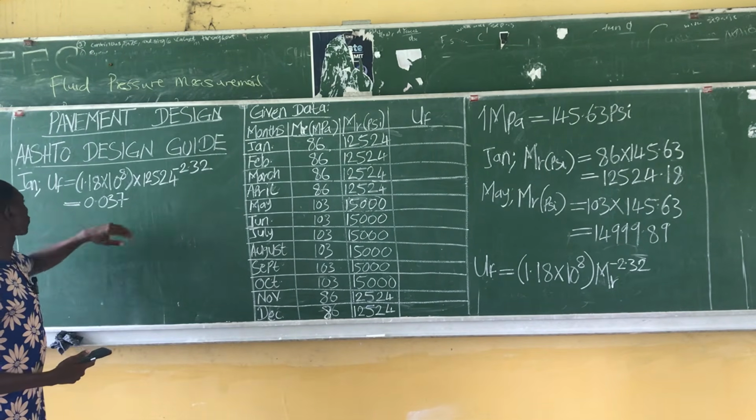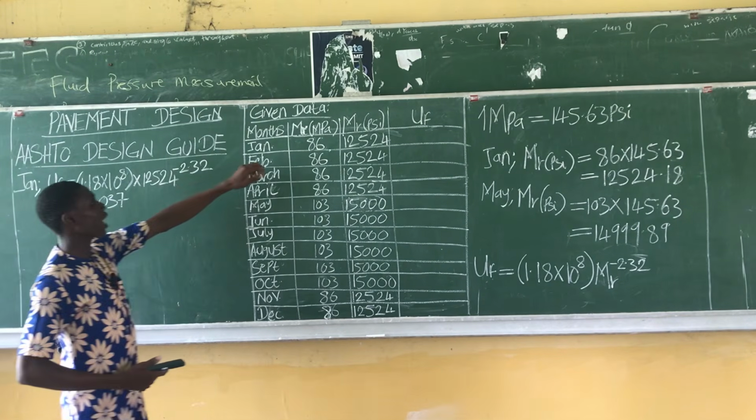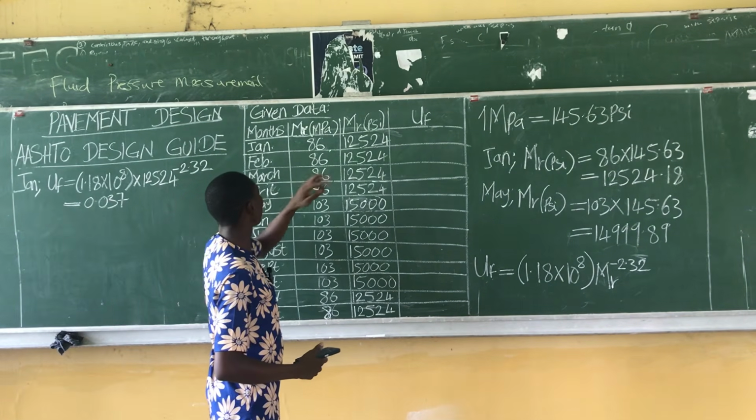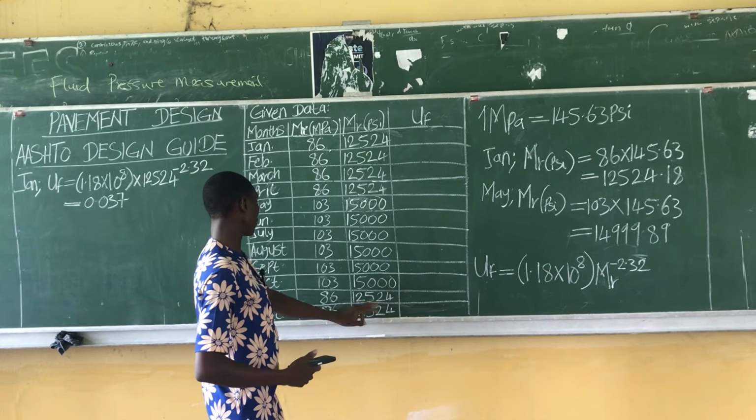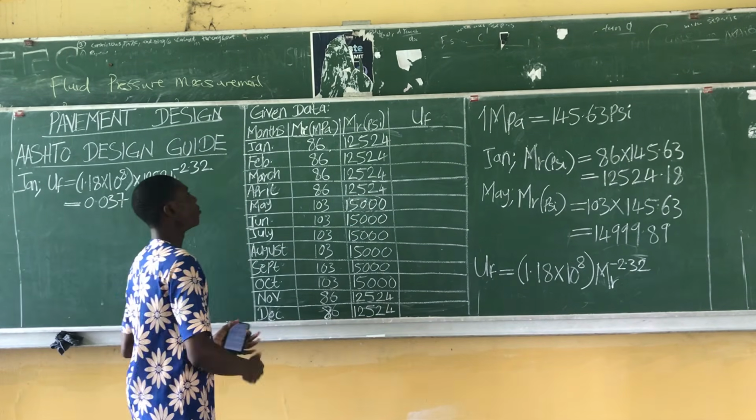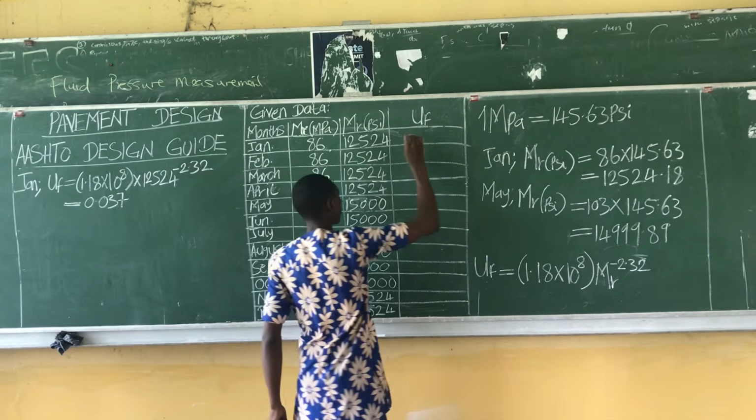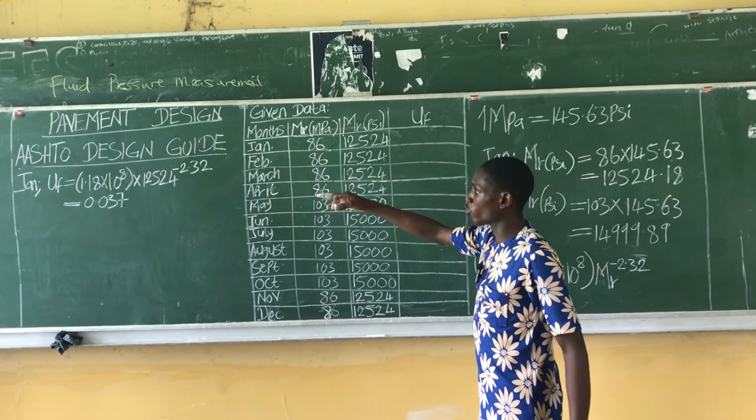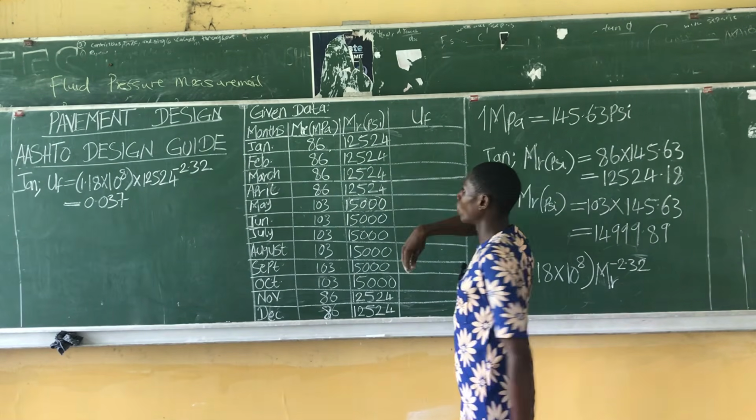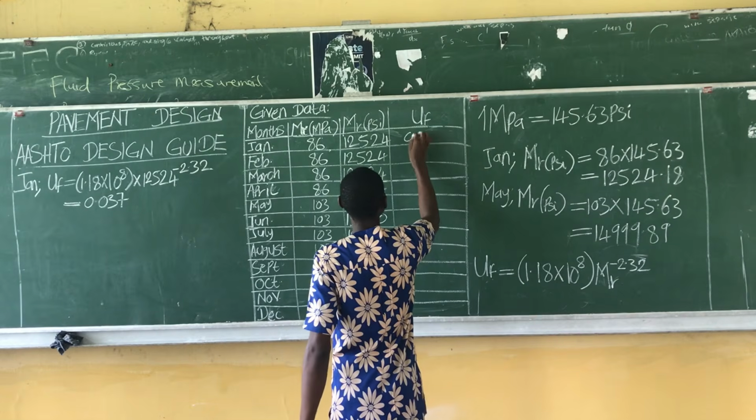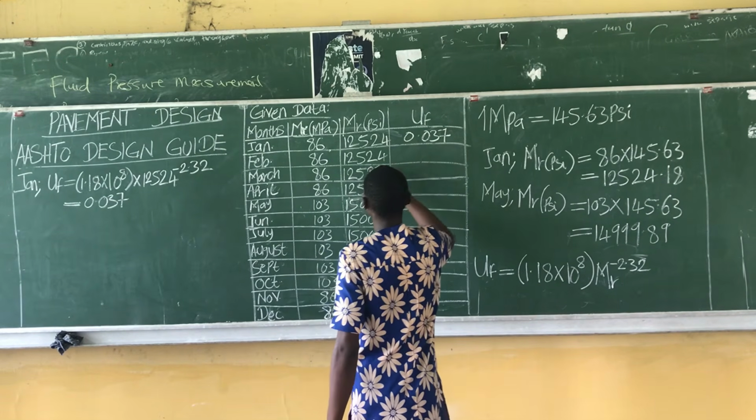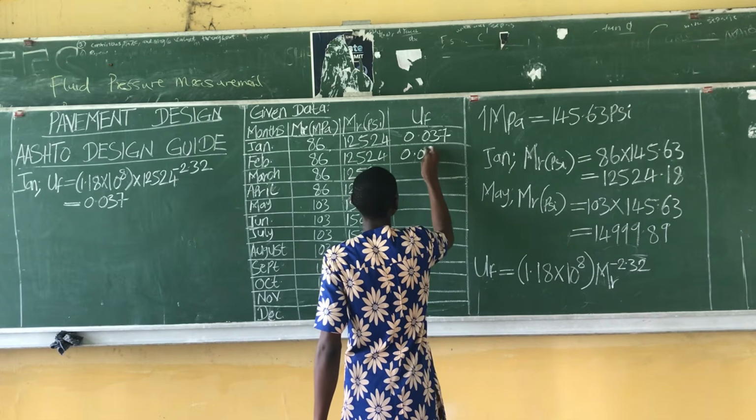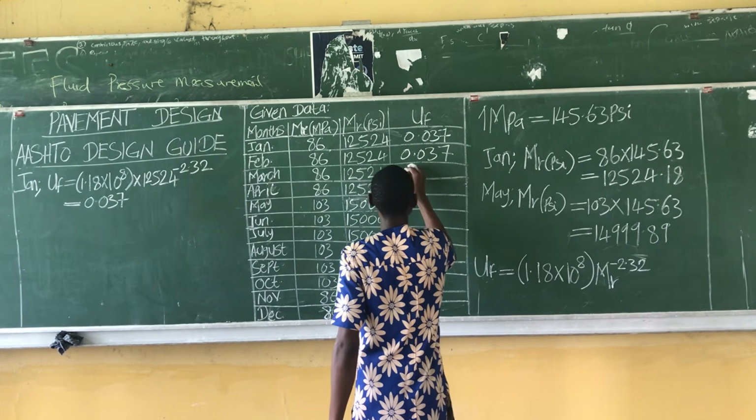Now, there's something we should observe. Since our resilient modulus for January till April, November and December is the same, our relative damage factor for those respective months will also be the same. So we don't need to calculate for all the months. For January we have 0.037. For February, same. Okay, for the month of March,